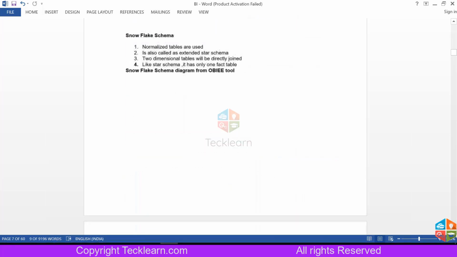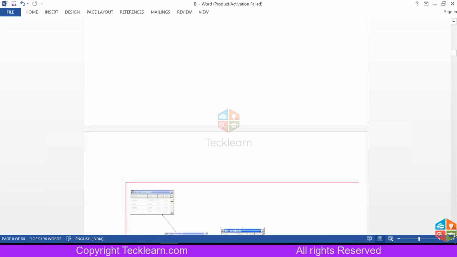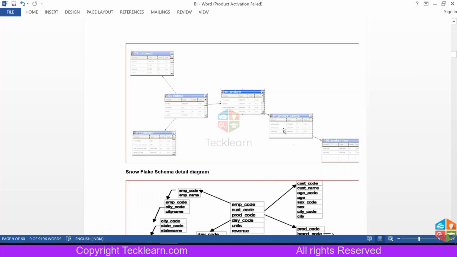In the snowflake schema, normalized tables are used. It is also called an extended star schema. In this one, two dimension tables will directly join. Like a star schema, it has only one fact table. What is the difference? If you forget these two tables, these four will act as a star schema.